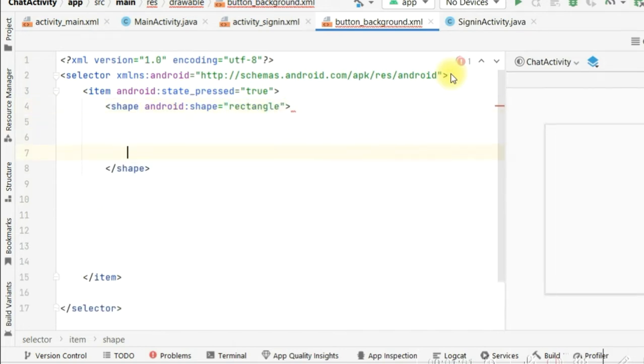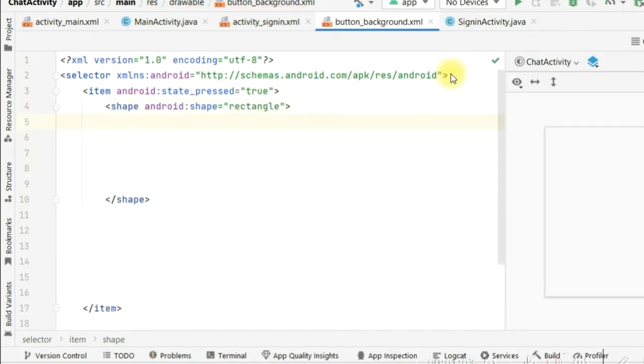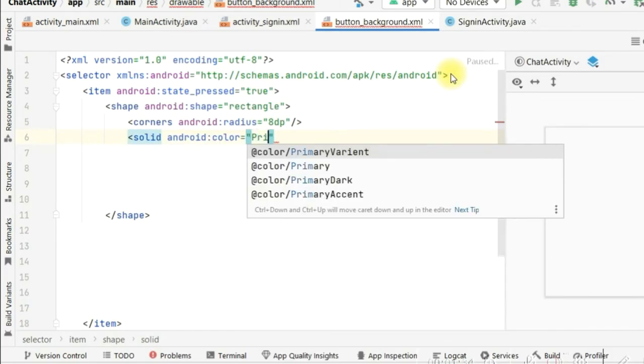Close the shape here. Inside the shape write corners Android radius equal to 8 dp. Close it here. Solid Android color equal to primary dark,